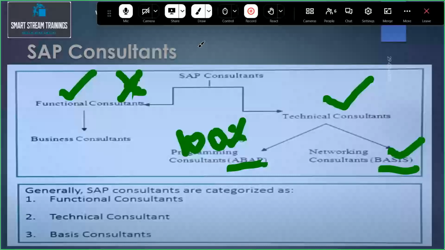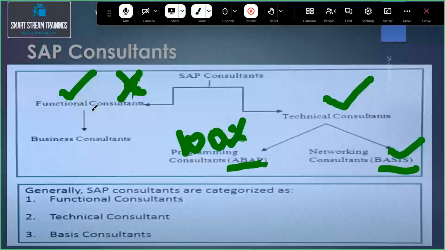That's what I'm saying, don't call it just SAP. SAP MDG. What type of consultant? Functional consultant. Very good. You are SAP MDG functional consultants. You are not technical, you are not basis. You are the functional consultant.